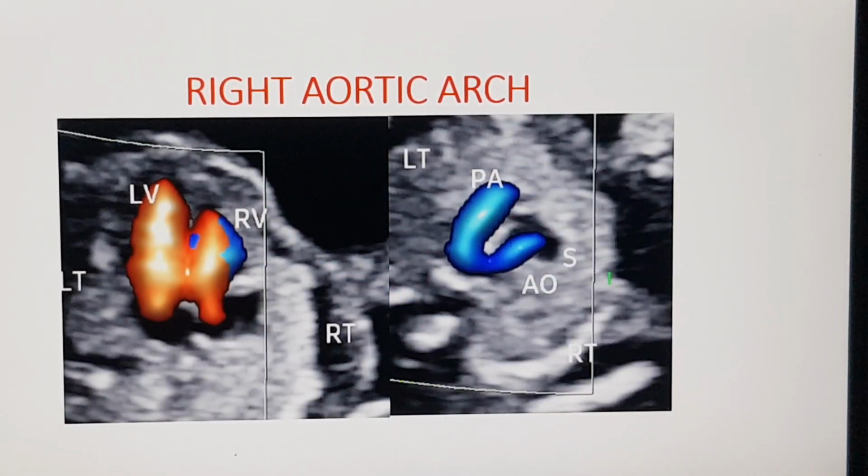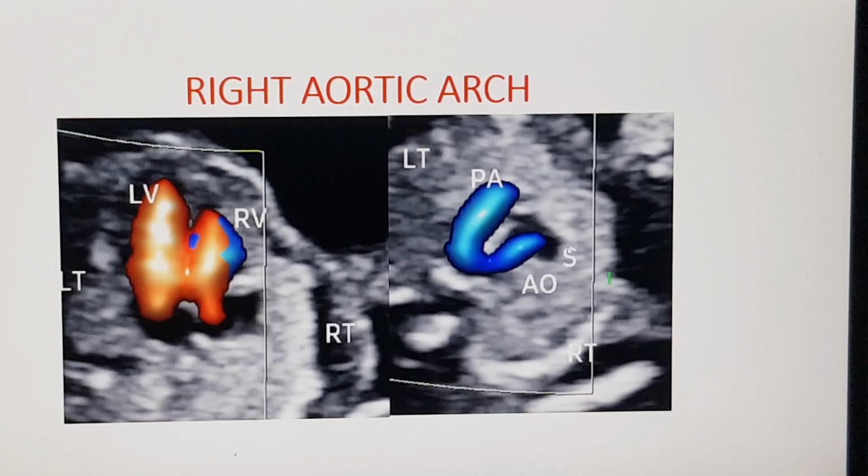That's a 13-week fetus. So when we do a 4-chamber view, this is left, that is right, and that's the LV, that's the RV. So from the right, the PA goes to the left and the ductal arch remains on the left. From the LV, the aorta goes to the right, and instead of moving to the left side, it remains on the right side as a right aortic arch and meets the ductus or the ductal arch posterior to the trachea. That's the superior vena cava.